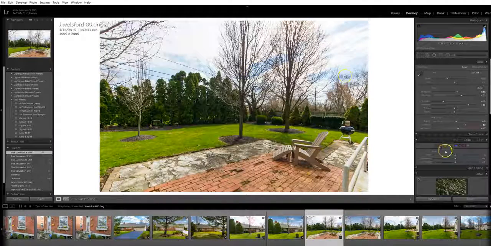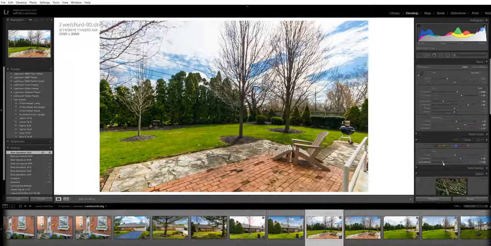So here we have patches of blue, but it's not quite enough. It does not look like a blue sky day. It looks more like a cloudy day. So instead of